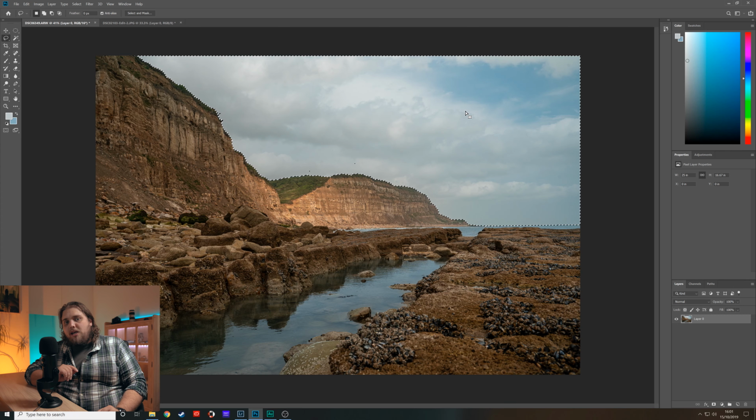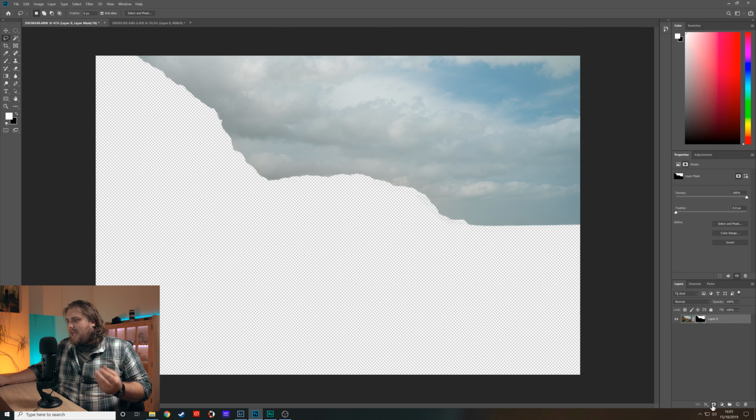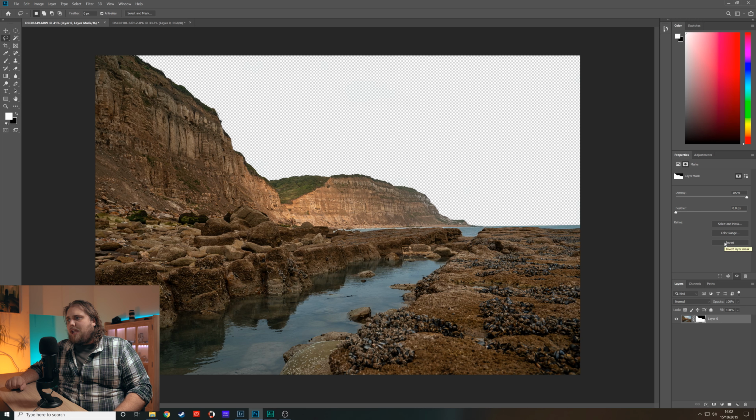stuff like that. Now, with that sky selected, we're not going to delete it, because we don't want to be destructive with our workflow. So we're actually going to just mask it out. We can come down here to the bottom right and click the layer mask button. That's going to create a layer mask. Now you can see that's actually masked out the landscape rather than the sky. That's no problem. We can just come up here to invert, and that's going to invert it round the other